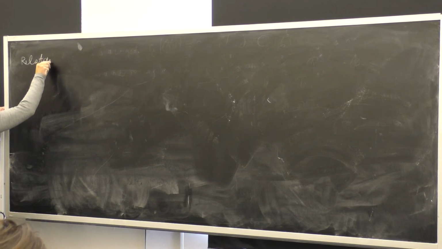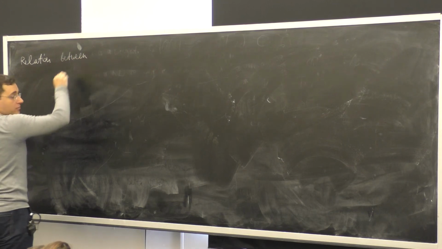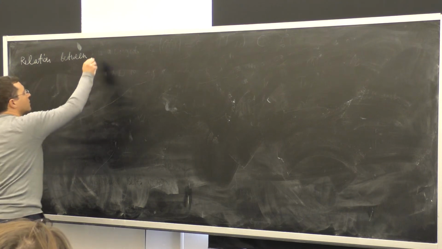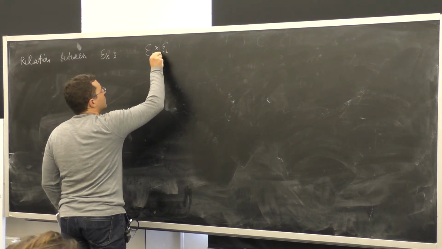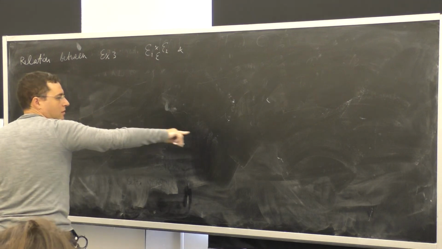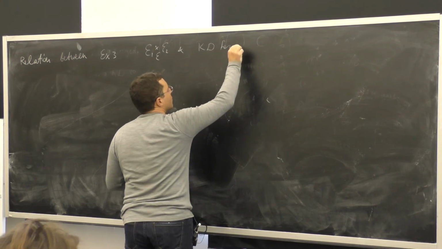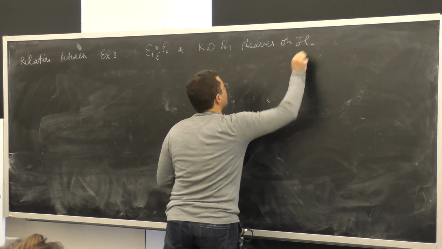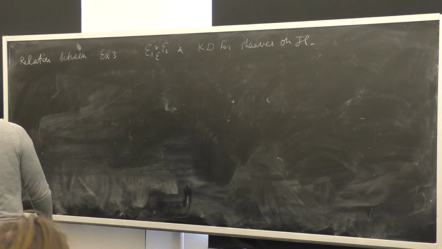So relation between, well, if this was example maybe 3, where we had E times E1 times E2 over E, and this duality, Koszul duality for sheaves on affine flags. So this will be just some generalization of